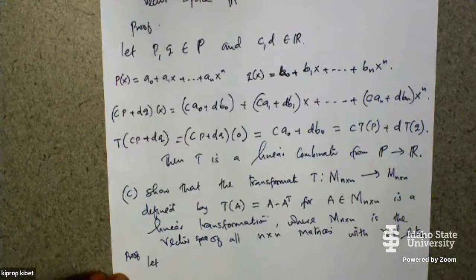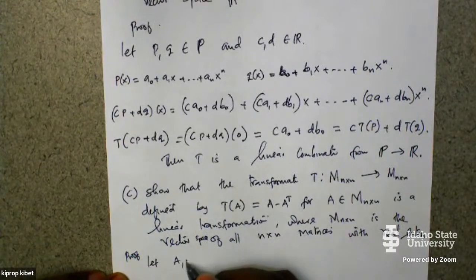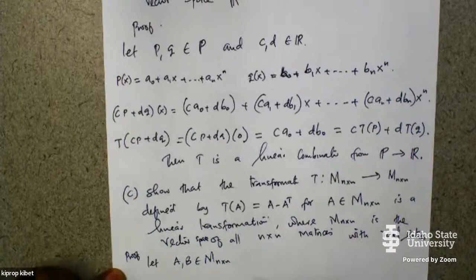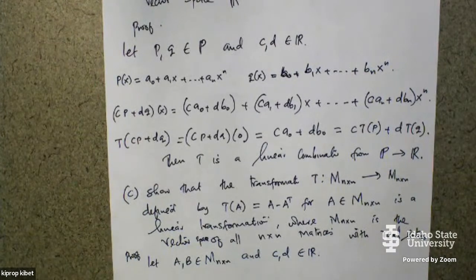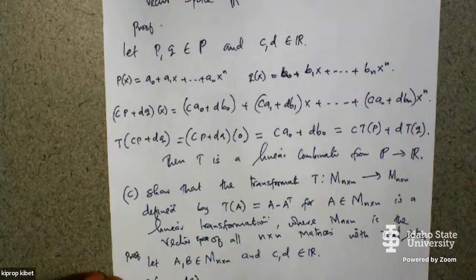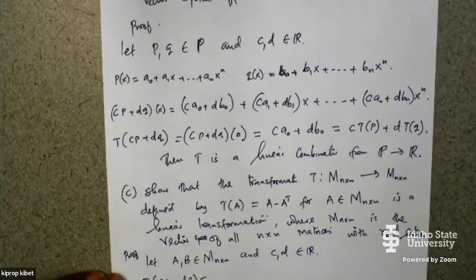We can let A and B be elements of M n by n, and c and d be elements of the real numbers. Then what you do is you say T of cA plus dB is the same as,